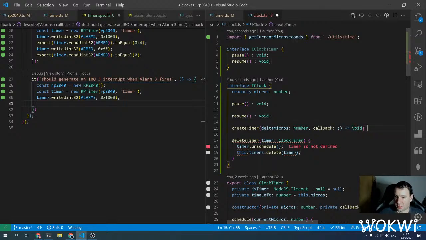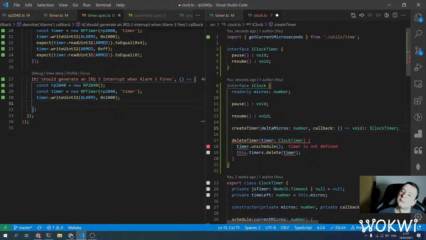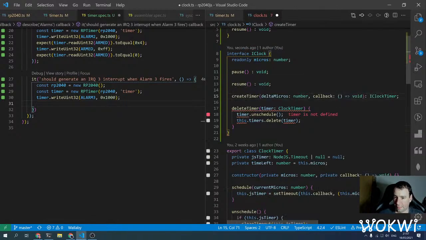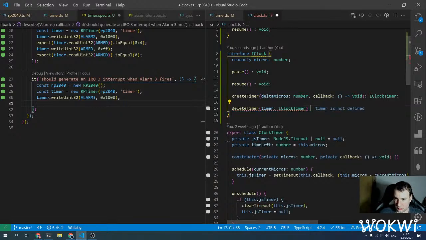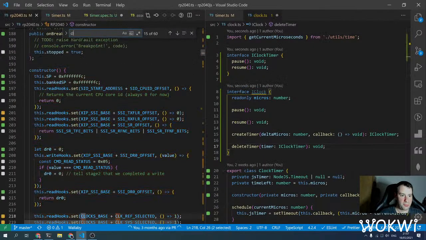Typing is sometimes challenging. And then delete timer. Right, so we have this interface, and now inside the RP2040,